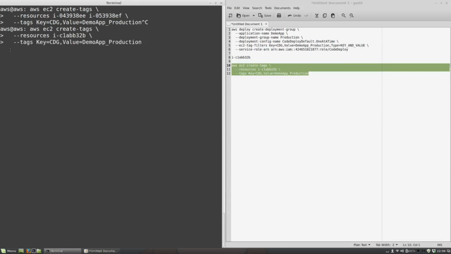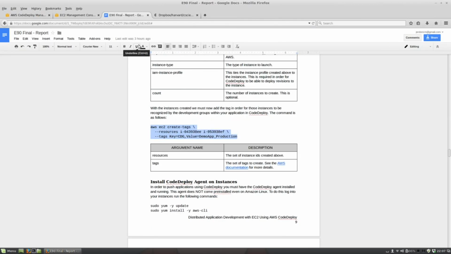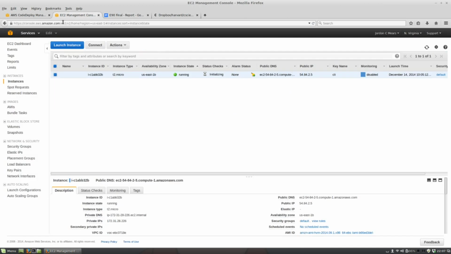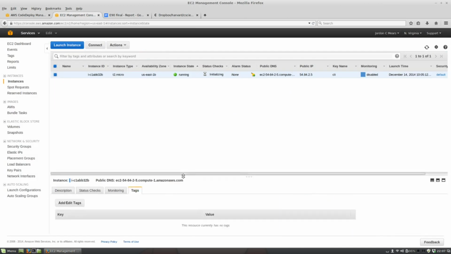Now what you'll notice is that the tag key is CDG, the value is demo app production, and if you remember, that's the same value that we defined when we created our deployment group, our production deployment group in our CodeDeploy application. So I'm going to go ahead and assign that tag. This doesn't actually give you any output to show that it succeeded, but as long as there's no error, that means it worked, and you can check on it by heading over here to EC2, taking a look at your instance, and then hitting tags. And if you look down here at the bottom,